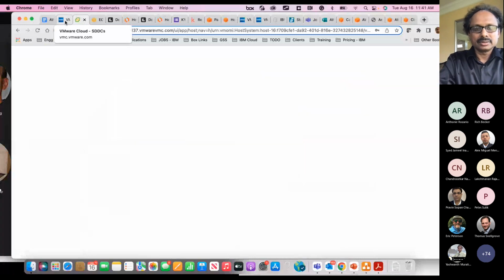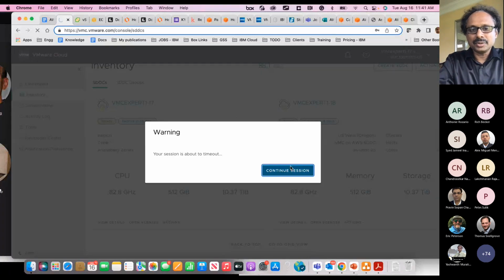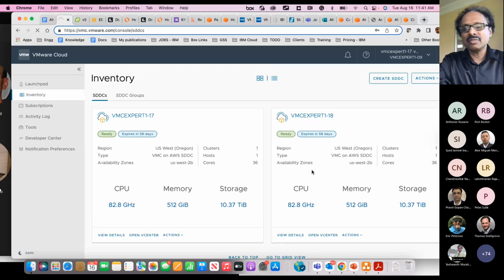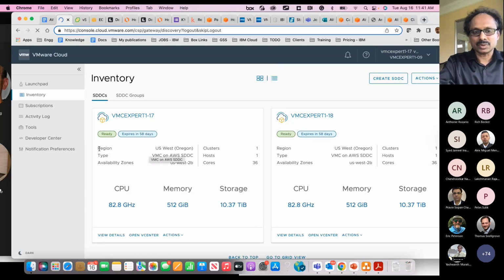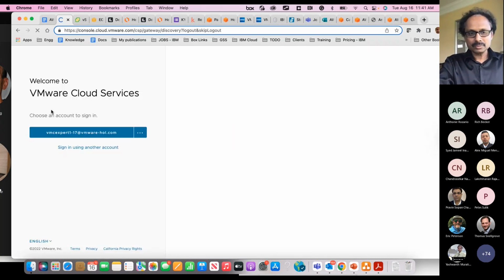So if you look here, I created a VMware Cloud on AWS, just one bare metal server. The region is AWS West, and within AWS West I created one bare metal server.